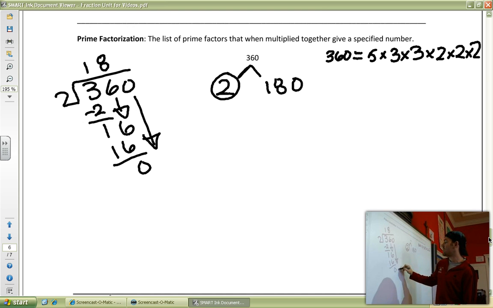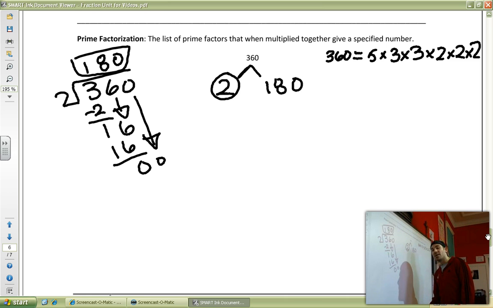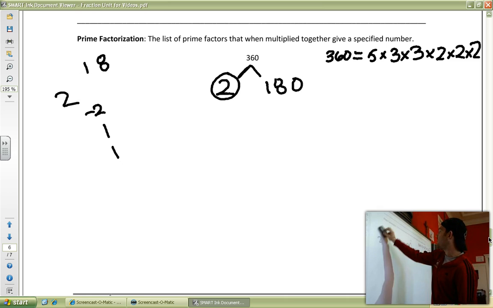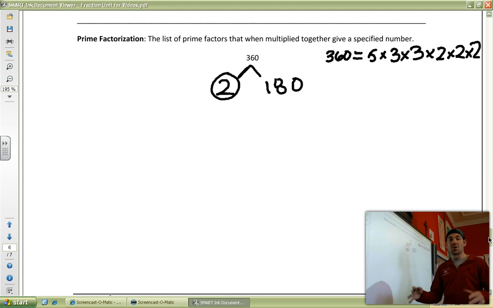2 fits into 0, 0 times. There's my answer of 180. I'm going to erase that for all of you so we have enough room. Okay, I'm showing you, don't be lazy, be willing to show your work. Okay? 180 is not a